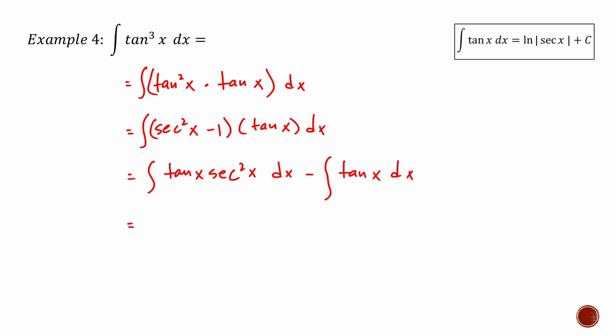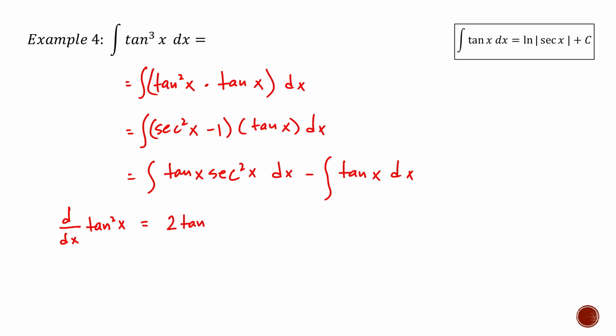But let me just tell you something about tangent x secant square x. If we go back to our lesson about derivatives, this is just a reminder: the derivative of d over dx tangent square x, using the chain rule, will be 2